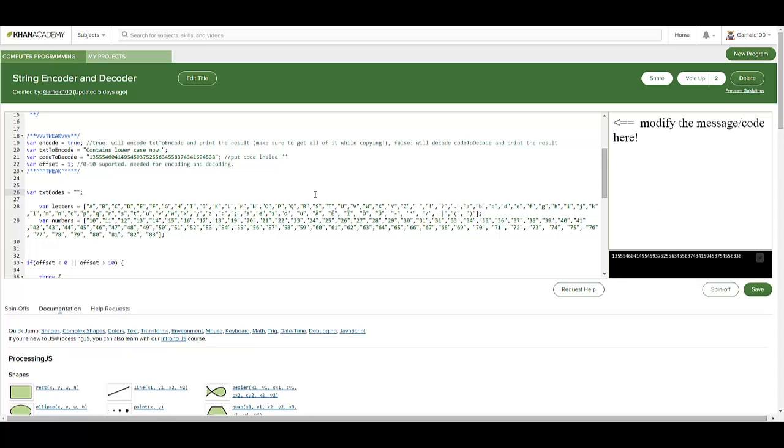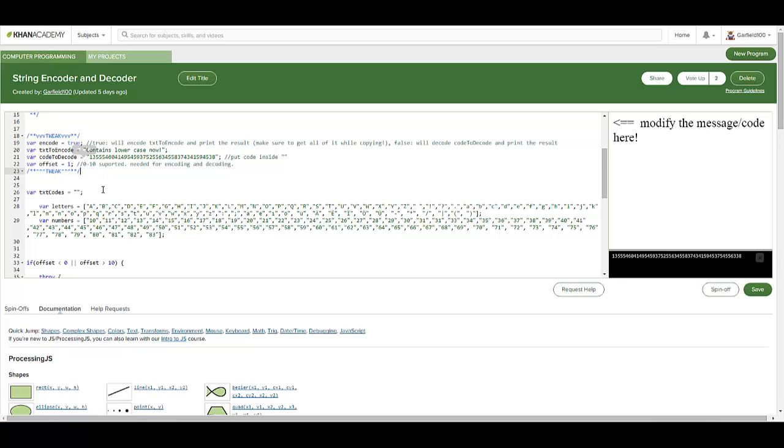Yeah, and then to not just make it too easy to decode, well, it is A, B, C, D, E, F, G and stuff, but since it starts at 10, it's a bit harder. Then there's this in between, and then the lowercase letters and all that just messes it up, makes it harder. And then, just to make it even harder, I've made this offset here, which is kind of like the Caesar cipher.